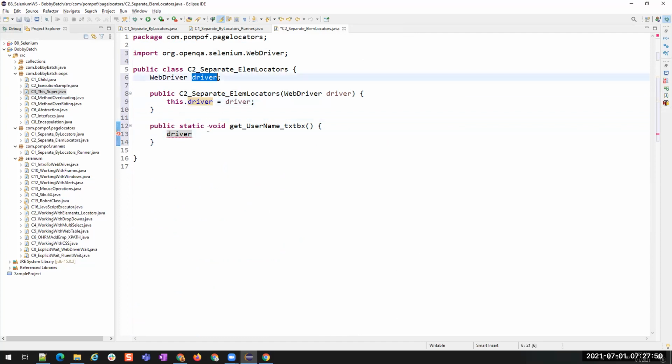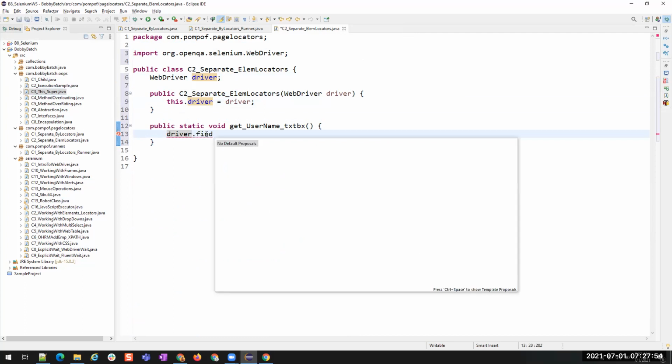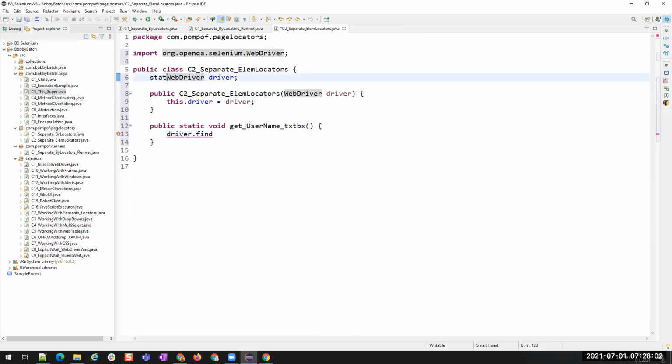Now I have the driver object, so I'm going to use driver.findElement. Since this is a static area, you cannot access the instance member, so that is why I changed this member to static. Okay, driver.findElement.